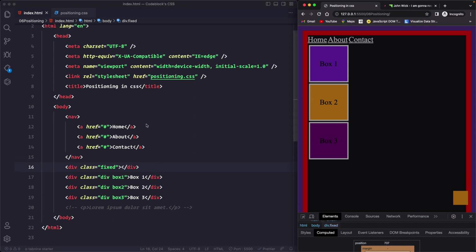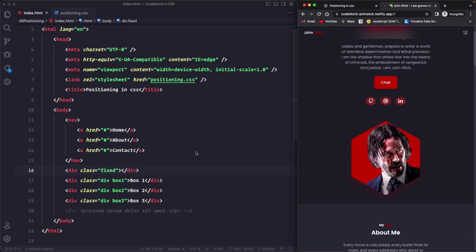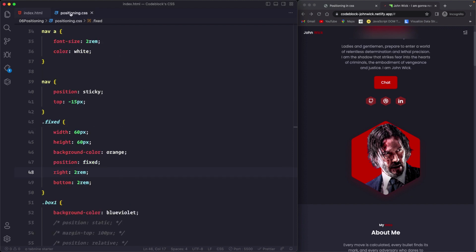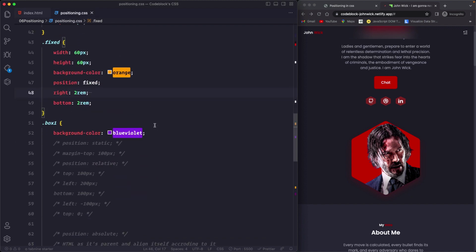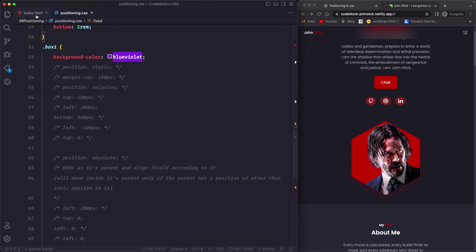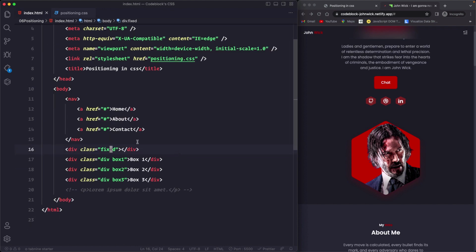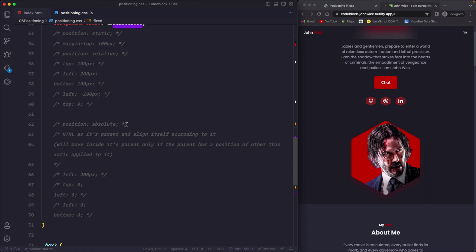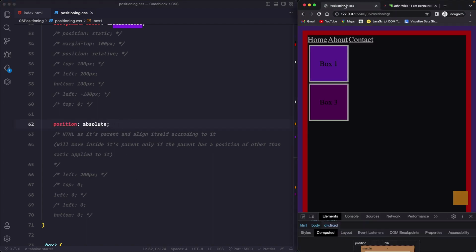Now let's quickly talk about z-index, and this is also very easy to understand. Come on, let's go to positioning.css, and let me override a few elements, and then we are going to talk about it. So first of all, let's select box 1 itself. Let's give it a position of absolute and save it, and box 1 is here. Okay, now box 1 is here because it is taken out of the document flow, but box 2 is behind